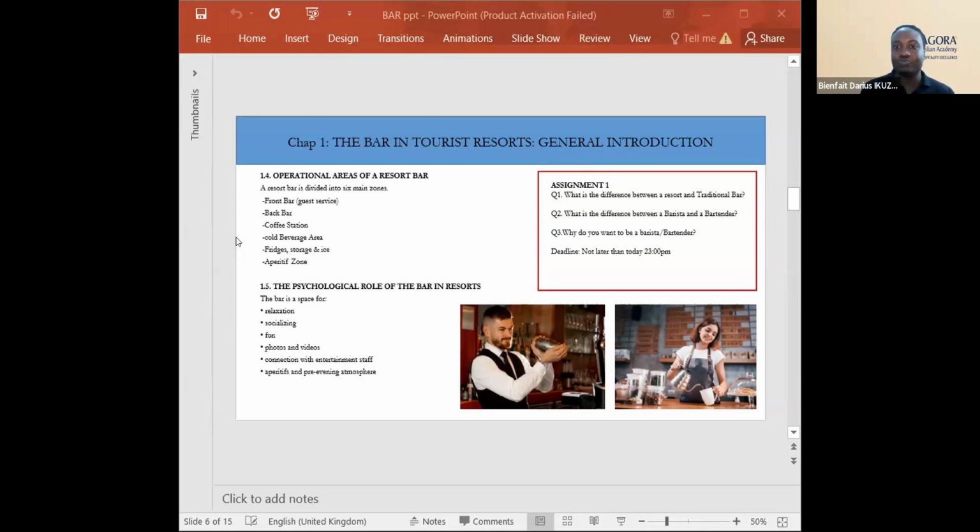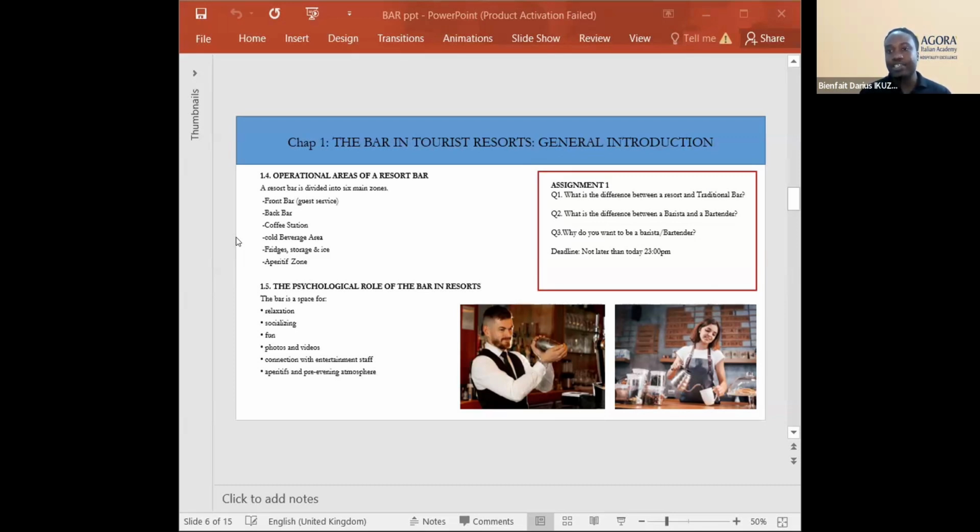And then the last part, which is really amazing, is the aperitivo zone. The aperitivo zone is not only a place to come and drink some beers and stuff, it's also a place where people come and chill, come and talk, spend a lot of time. So we have to give some snacks, and they have to be well looking, really representable. In the aperitivo zone, we get to go in depth on how to make the aperitif and what menus we usually use, especially in resort bars.